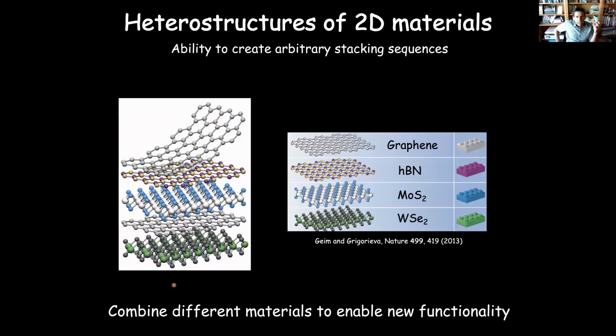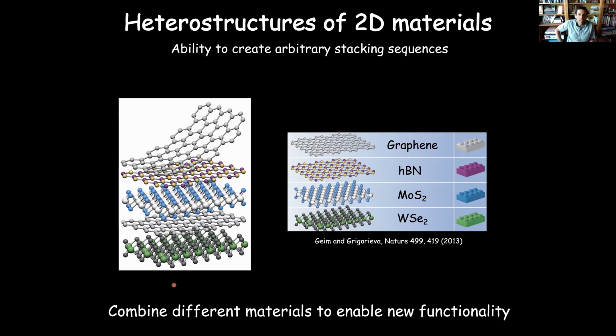The idea that I want to get through in this talk is that by taking these relatively simple materials, a metal like graphene, an insulator like hexagonal boron nitride, a semiconductor like the molybdenum or tungsten, sulfide and selenide materials, by combining them, we can enable very different and unusual functionality in the materials, stuff that we cannot have in just a single monolayer. So I'm going to give some different examples today of how combining these materials leads to new functionality.